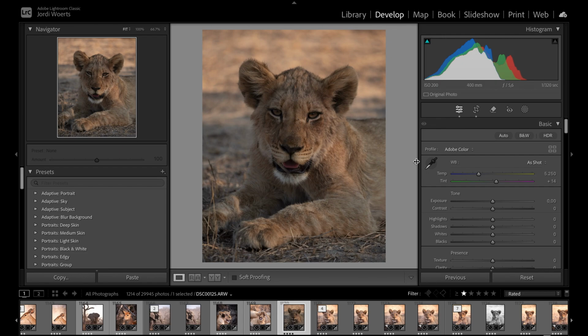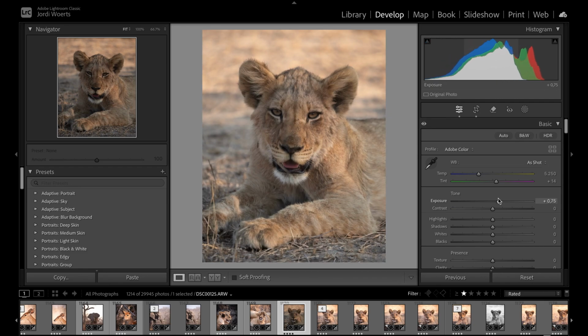So then the next step is make sure that the lighting is fine. So let's check the lighting. I'm gonna put the exposure a little bit up. You can see that the background here is much lighter than the lion itself. But we're gonna use that to our advantage. I don't think there's going to be a major issue, even if it's a little bit overexposed. All right, there we go. Put the exposure up a little bit until the lion is, I think, in good exposure. And I think this is just fine.